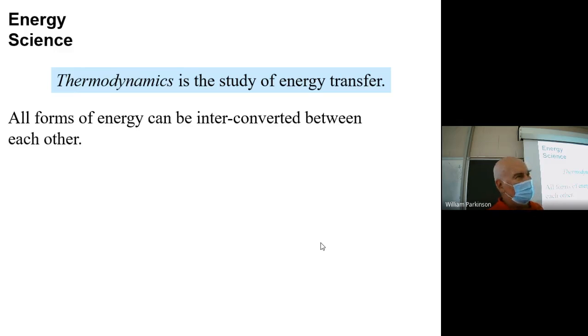So you might even want to try to stump me: okay, you named all these forms of energy and you're claiming they can be converted from one form into another. Well, then show me how you can convert, let's say, gravity energy into nuclear energy. Gravity is a form of potential energy. The energy in the nucleus is a form of potential energy. How in the world can you convert gravity into nuclear energy? Well, guess what? That's what the sun does.